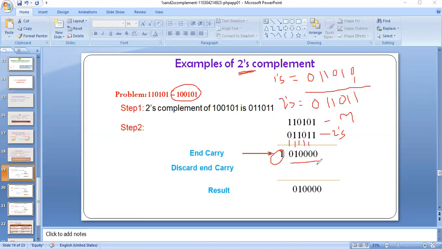Okay, so you may find the decimal equivalent here: 2 power 0, 2 power 1, 2 power 2, 2 power 3, 2 power 4. So what is the decimal equivalent here? 16. So you have to find the decimal equivalents also, and you will get the difference equal to 16. So if there is an end carry in the result, that is the m greater than n condition, meaning we are subtracting a smaller number from a bigger number. And one more case we are going to discuss.